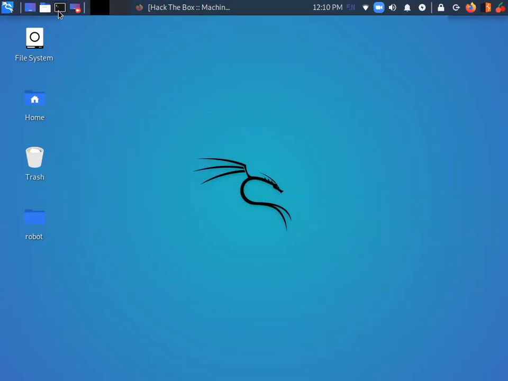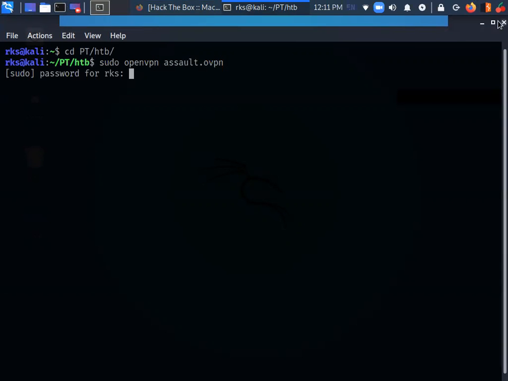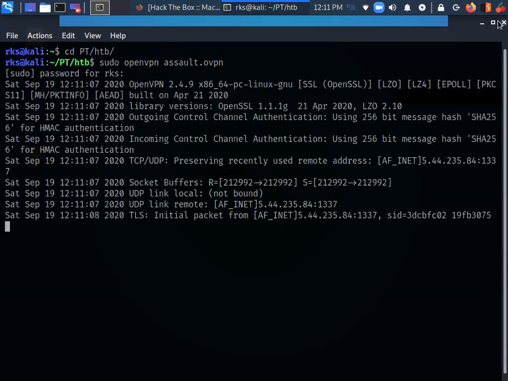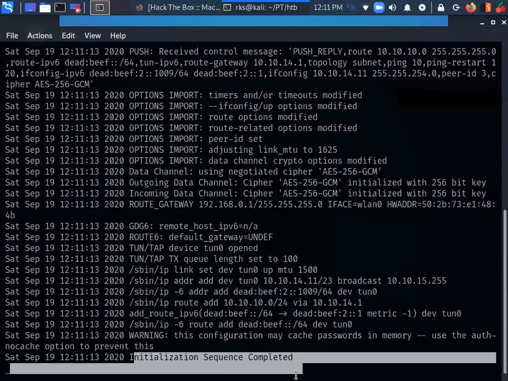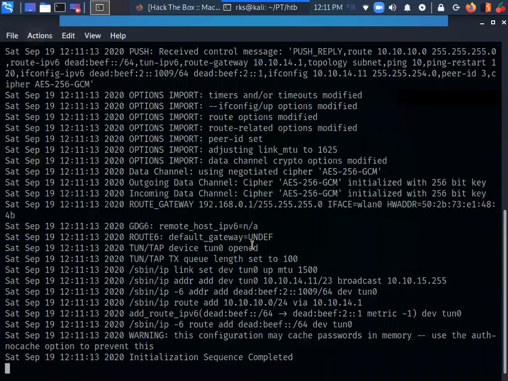Simultaneously, let's set up my VPN. I have not set up my VPN yet, so let's do it now. Initialization sequence completed.